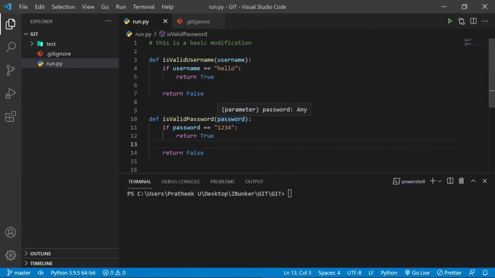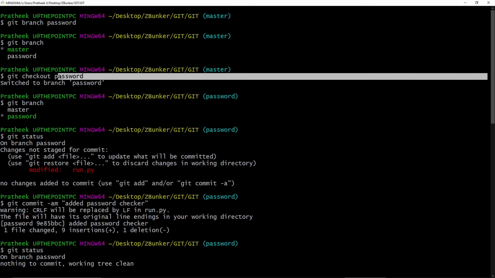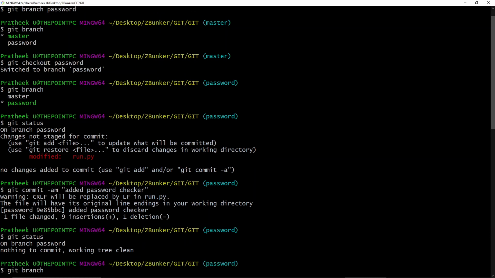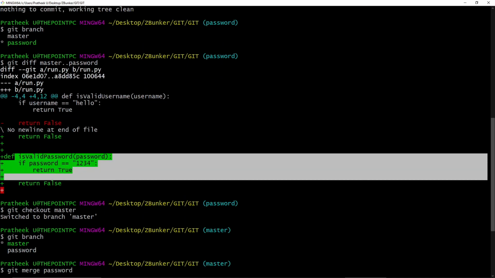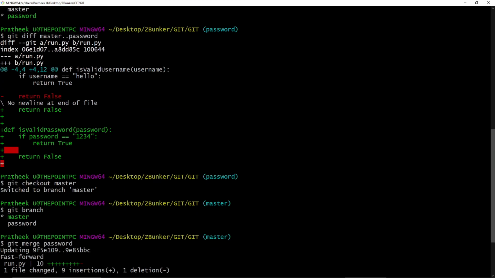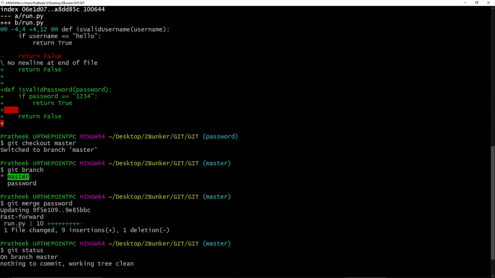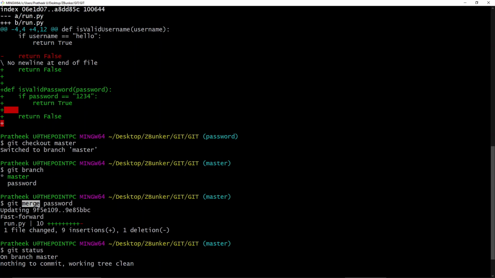If we go back and look at the Git Bash, we can see that first we created the password branch. Then we switched to that branch using git checkout password, and then we added and committed the changes inside the password branch. We are satisfied with this feature function and we want to merge it inside the master branch. So in order to do that, first of all, get inside the master branch by doing git checkout master. And once we are inside the master branch, we are now open to all sorts of merges. Now what we did was we merged the password branch inside the master branch. In order to do that, we did git merge password,